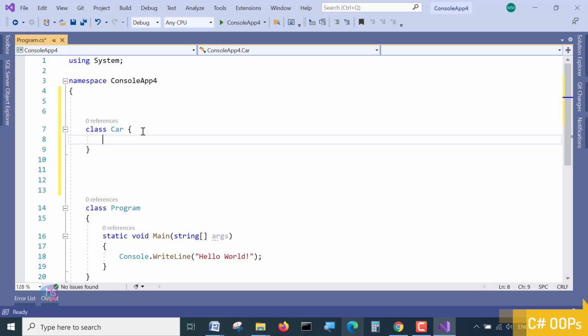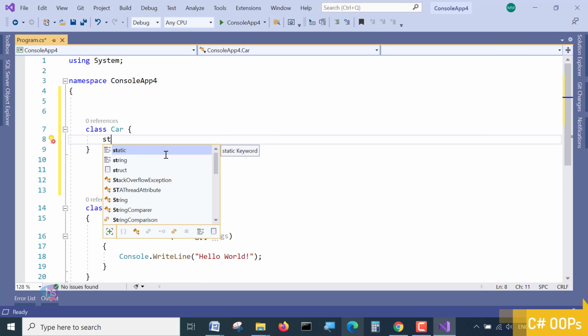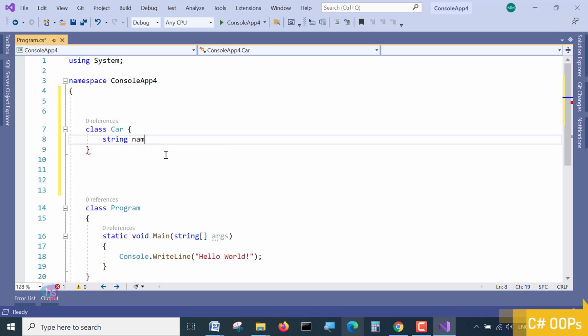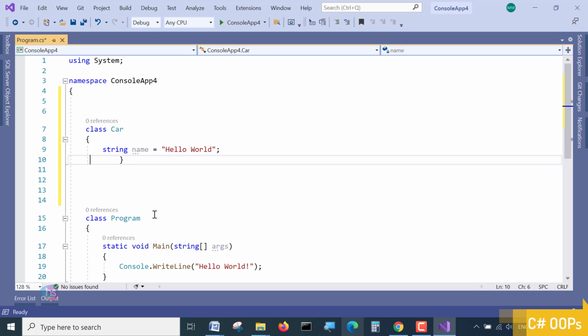Here it is declared, and we declare a variable: string name equals "hello world". That's it. The class declaration is completed.